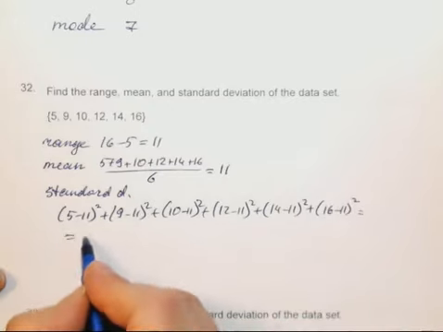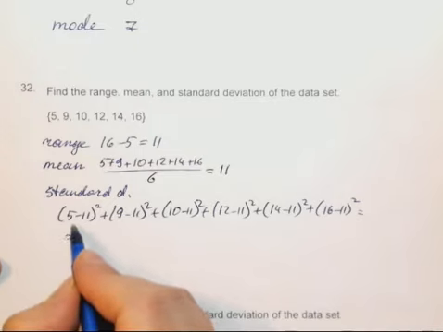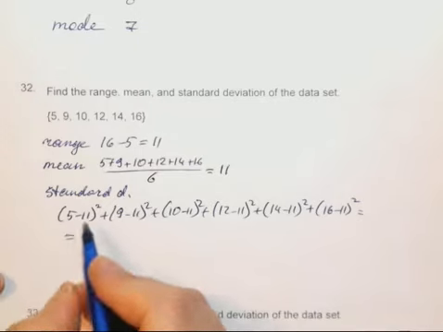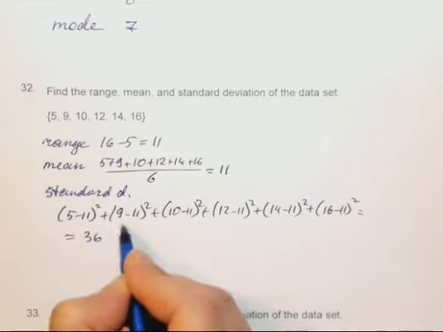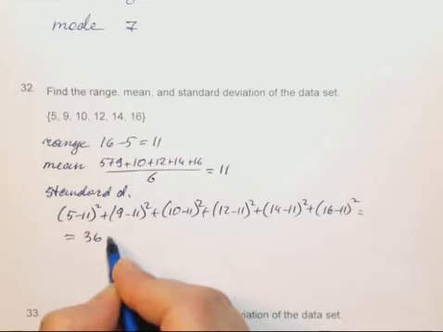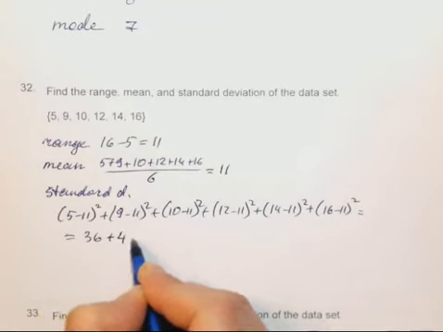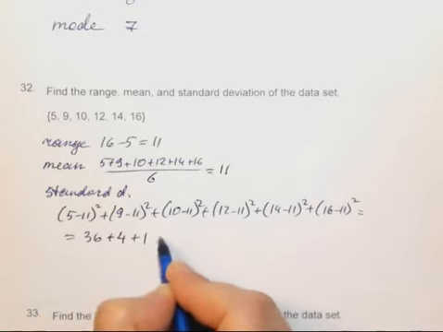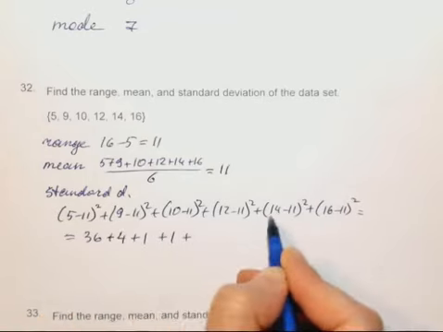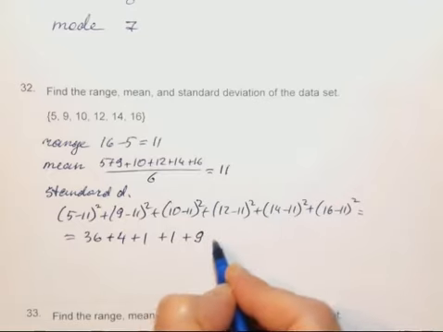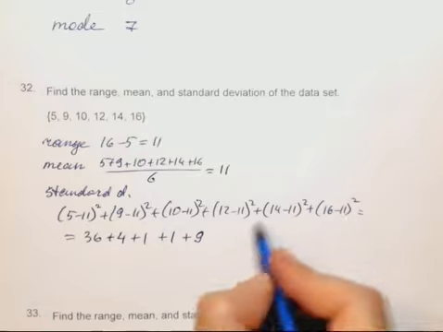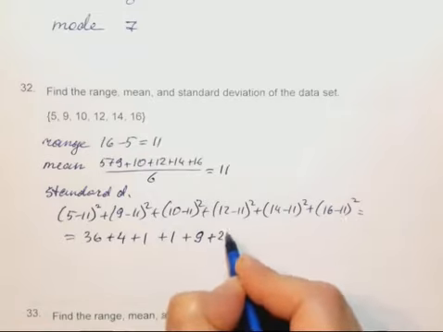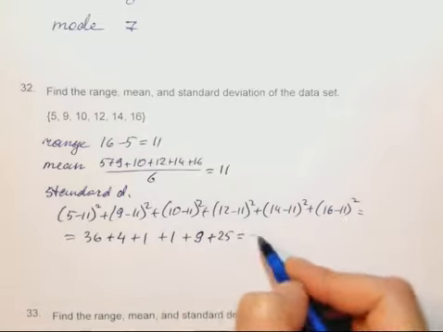So 5 minus 11, 6 squared. All this is negative. When squared, the negative sign disappears, so 6 squared, 36, plus 2 squared is 4, plus 1 plus 1 plus 3 squared is 9, plus 16 minus 11, 5, 5 squared, 25, which is together